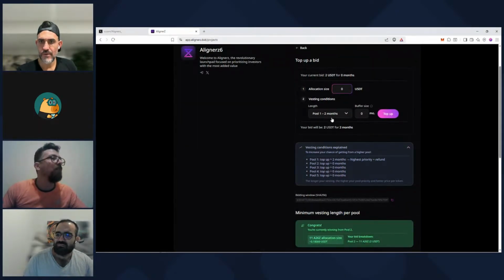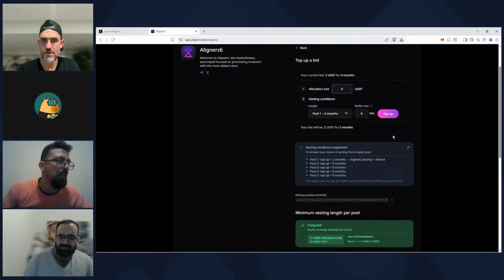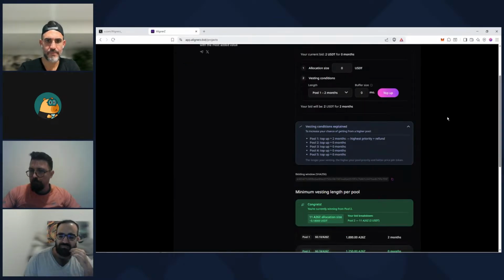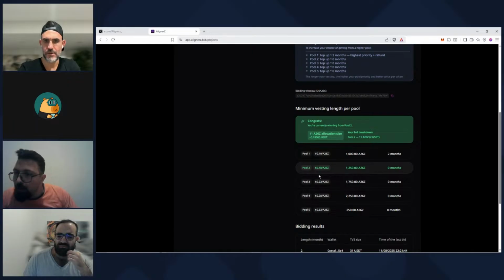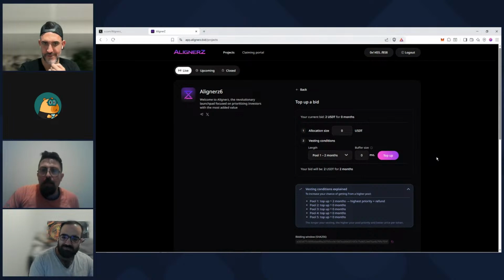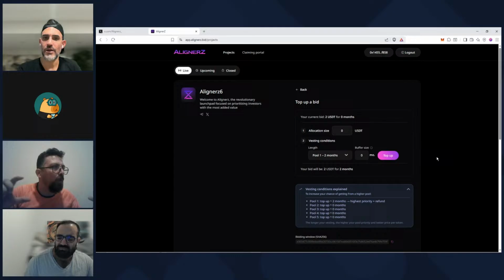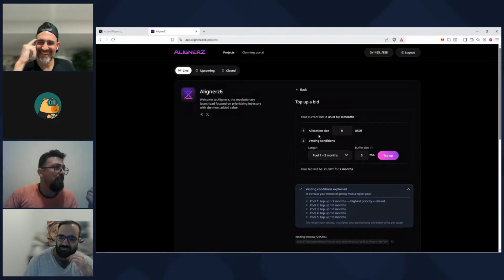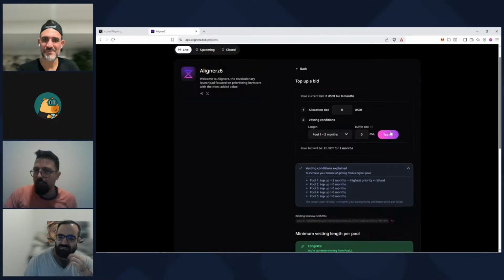Dave, can you add just $1 to see where the miscalculation is? Add $1 to your bid without adding any vesting length, please. Yeah, you got it. Top up $1. Look, because you bid exactly the pool 1 as a whole, I need just 1 more cent to trigger. So we will fix this in the calculation. That's why I asked you to add just $1. There you go, I just added the $1.